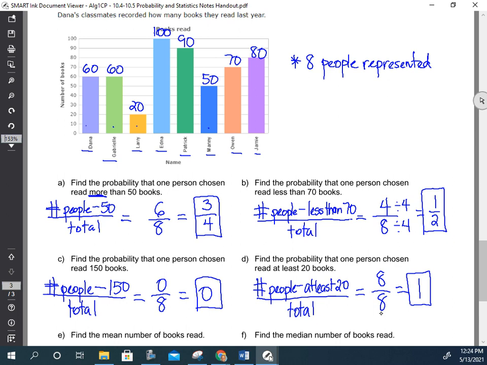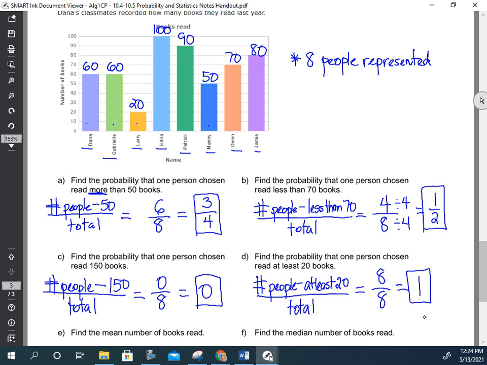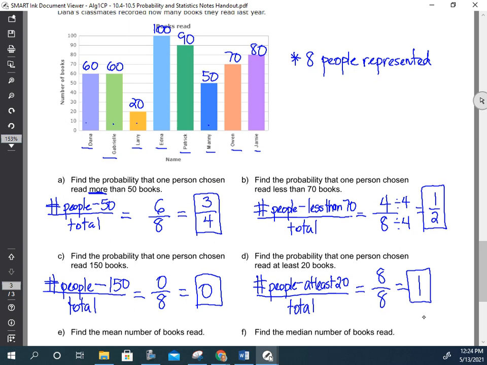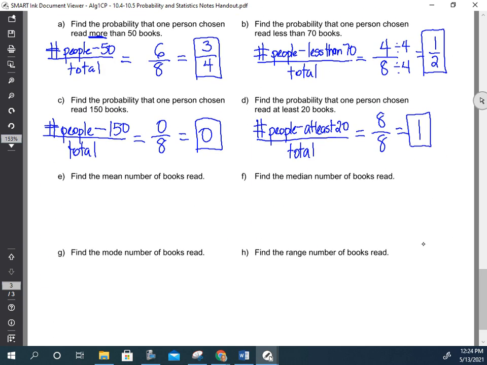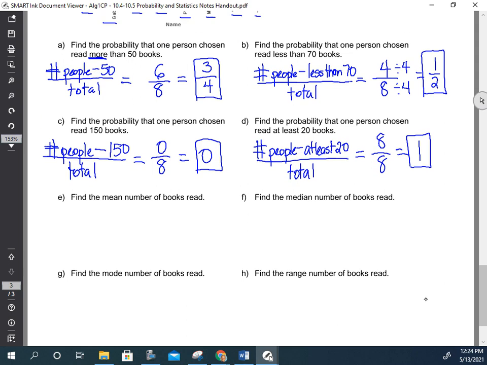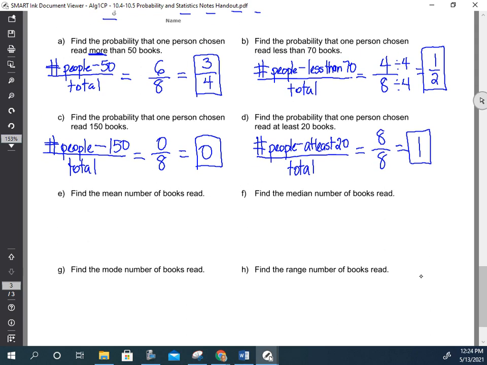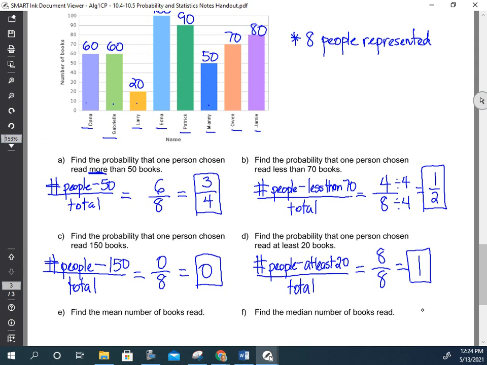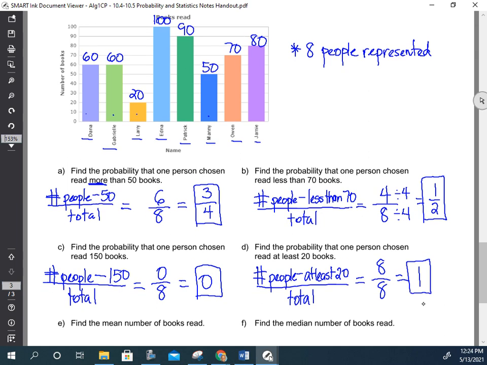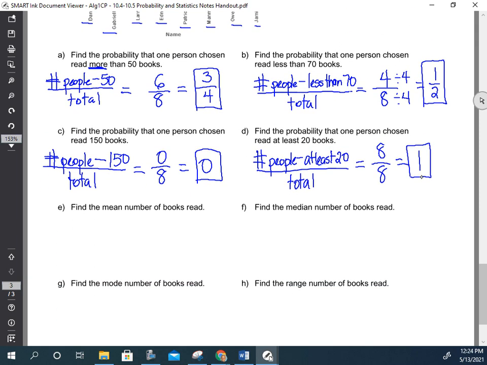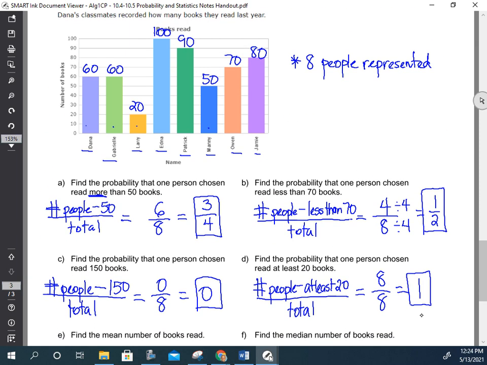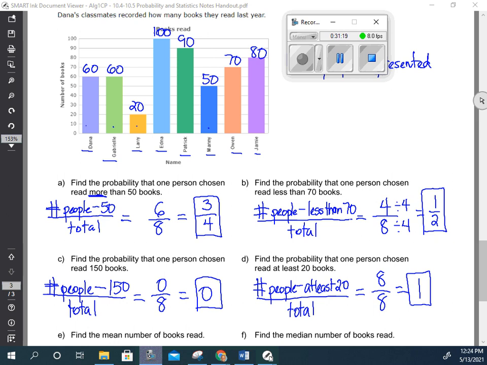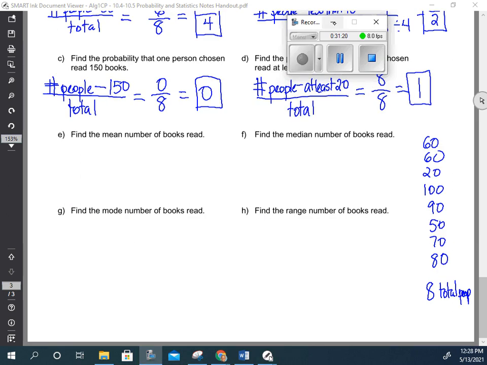All right, let's take a couple minutes here. I'll give you a few more minutes using the same chart. Now do E, F, G, and H. Find the mean, median, mode, and range. For those of you who are looking off of your screen, I'll keep the bar graph up there, but you're finding the mean, median, mode, and range for the number of books read. I'll give you 3 minutes to do that. All right, so